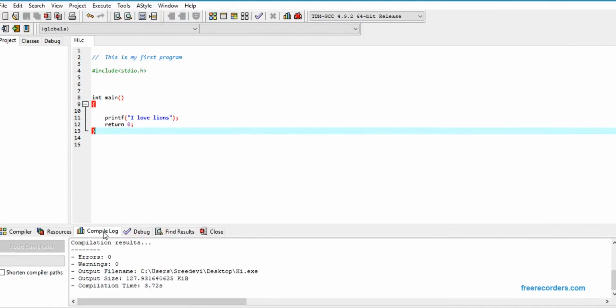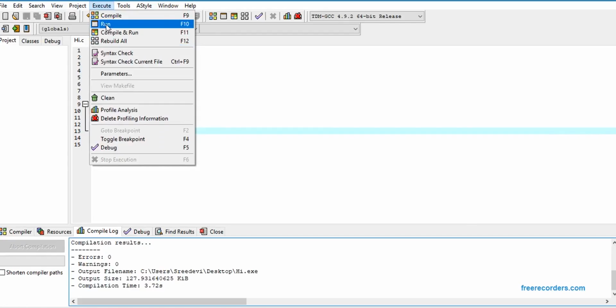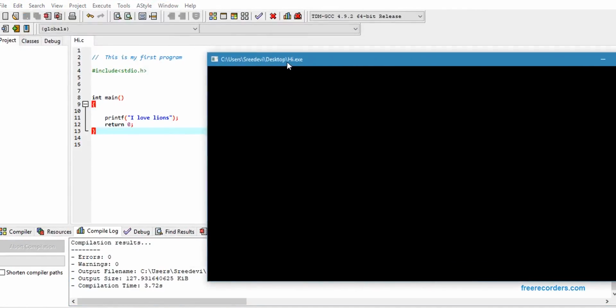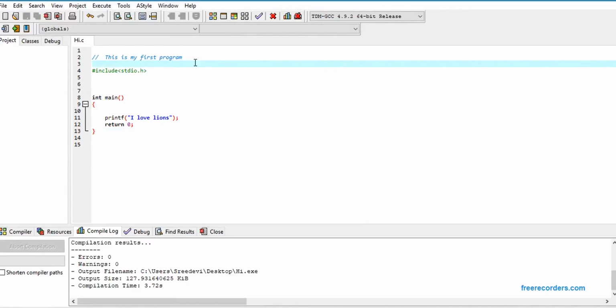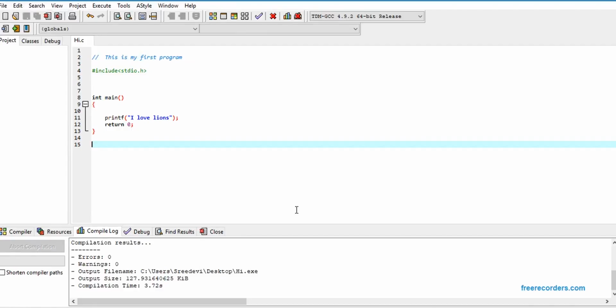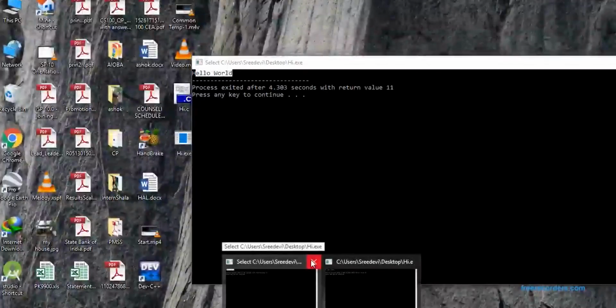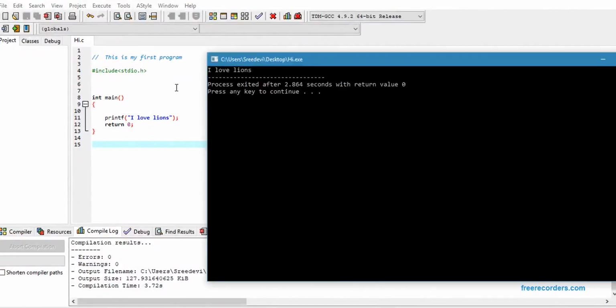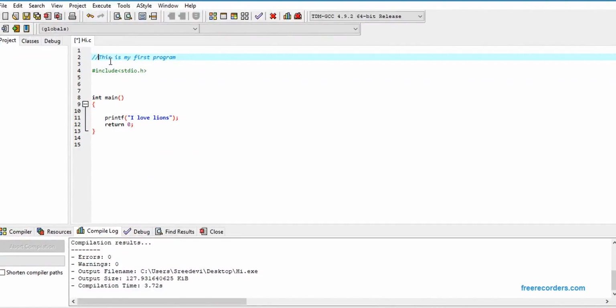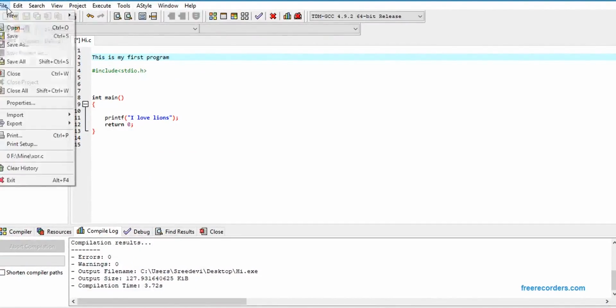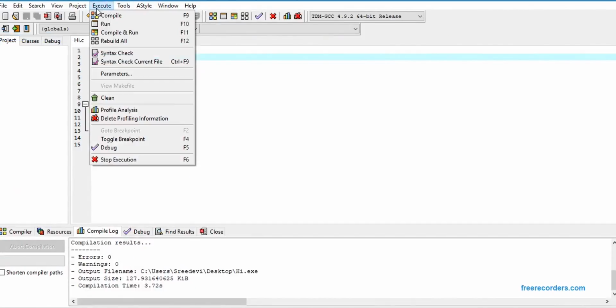Here in the compile log you can see 0 errors and 0 warnings. This is what we need, and then run it. So now you can see I love lions. Do you see, this is my first program. This line is not affected. If I remove these slashes, save it and compile,